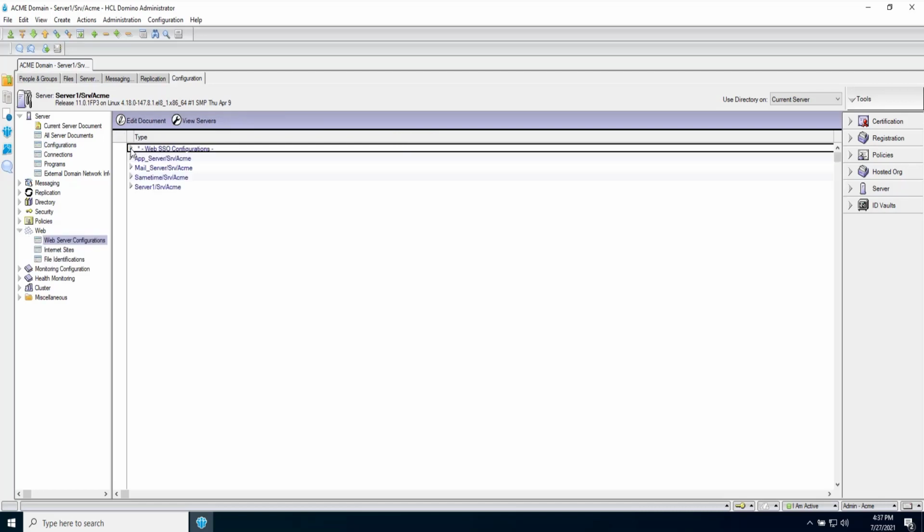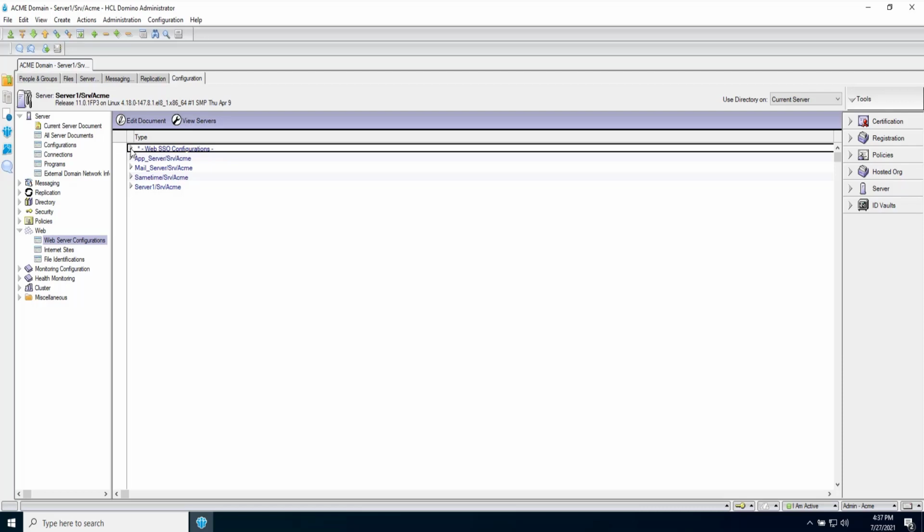Now we need to set up Domino WebSSO authentication between the iNotes server and the IAM server. Normally, when you install the Sametime server, it will create a WebSSO configuration. You can use the same one or you can create a new one between the iNotes server and IAM server. Here we are using the same WebSSO configuration created by the Sametime installation.